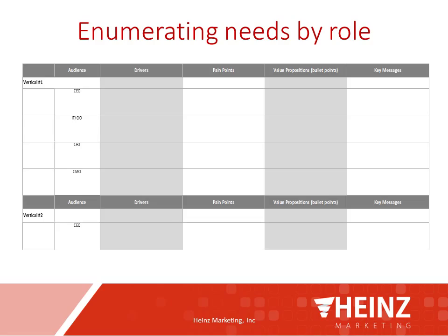If you think about the content you want to put in front of your prospects, and the content you are going to listen for in a social selling environment, this will help you identify what those things are. Another tool you can use, if you take these personas, these individual roles, is a generic drivers and pain points model like this, or something that enumerates the different stages of the buyer